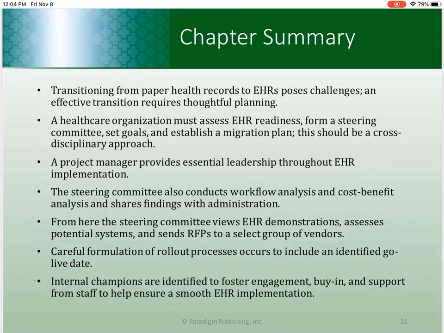So again, be familiar with your acronyms and initialisms at the end of the chapter. We did cover a lot of this chapter, but go back and read it again, because this is going to be 40 questions of your final exam. So you want to be well versed in this chapter because this is going to be a test within your test as far as your final exam is concerned. So good luck and